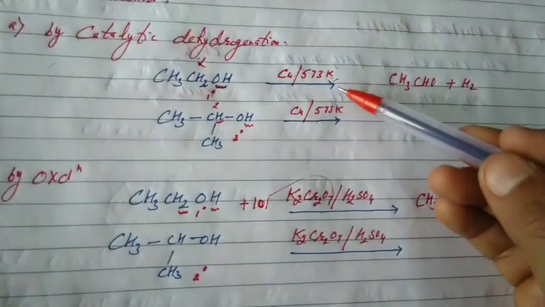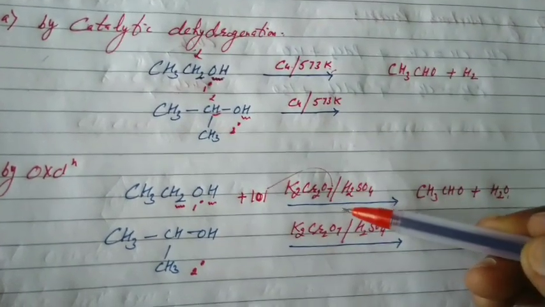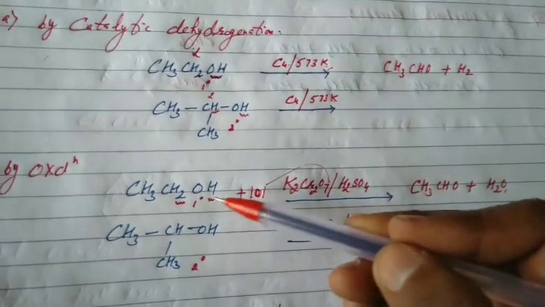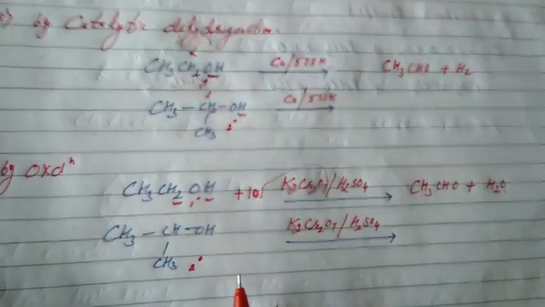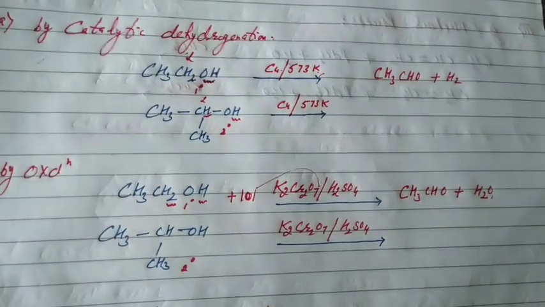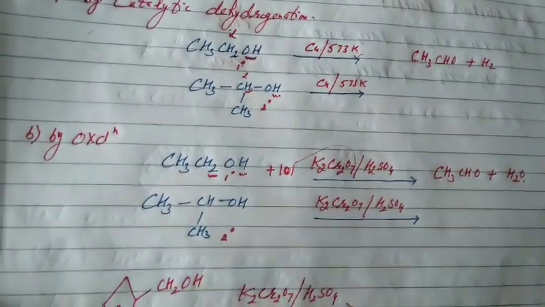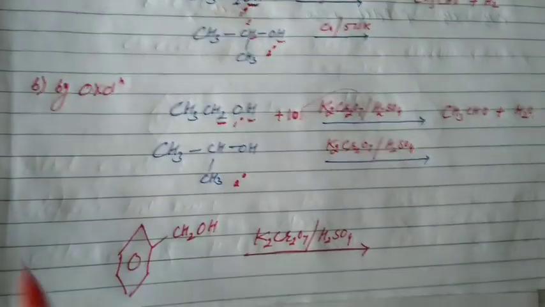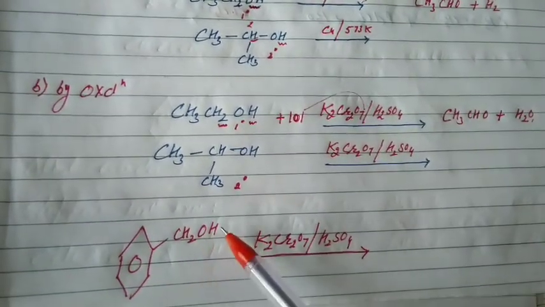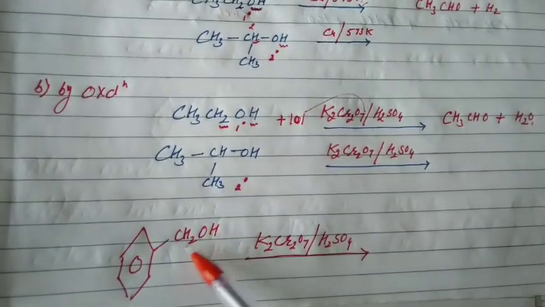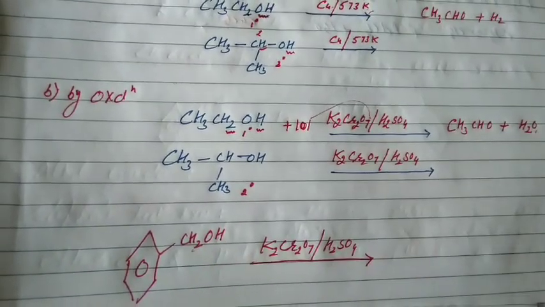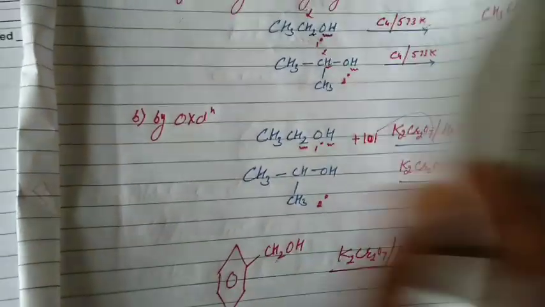Whenever it is catalytic dehydrogenation or oxidation, remember the reaction proceeds due to the hydroxyl group as well as due to the alkyl group. That is, one hydrogen is eliminated from the hydroxyl group and one from the alpha carbon of the alkyl group. In the same way, proceed for this. It is benzyl alcohol. Definitely benzaldehyde is obtained. Hydrogen undergoes oxidation, water is the side product.